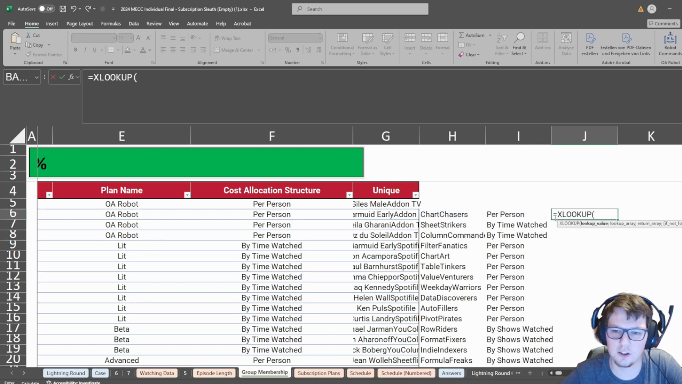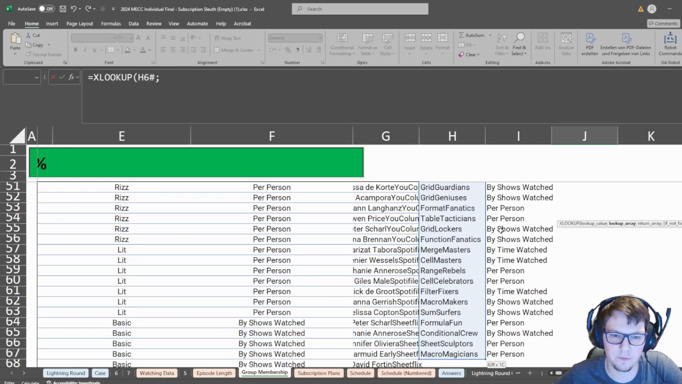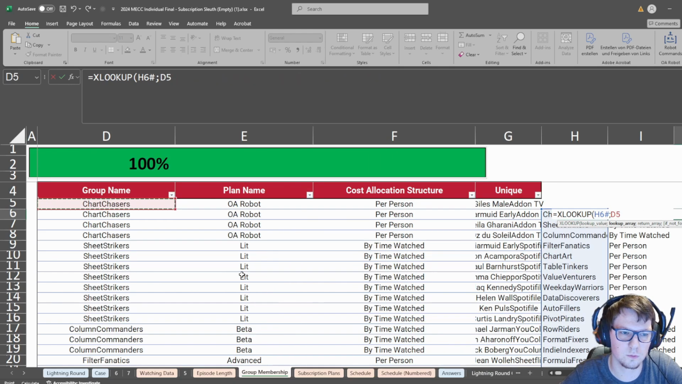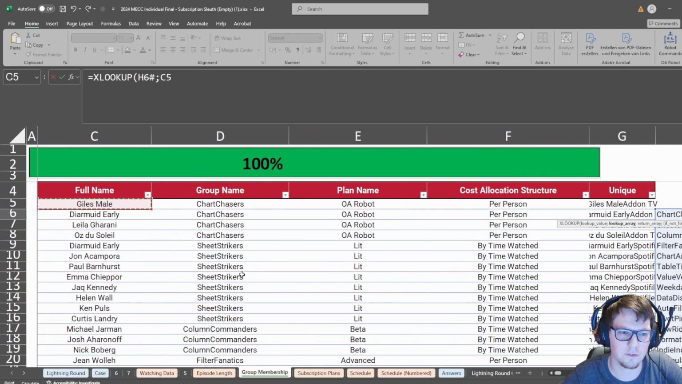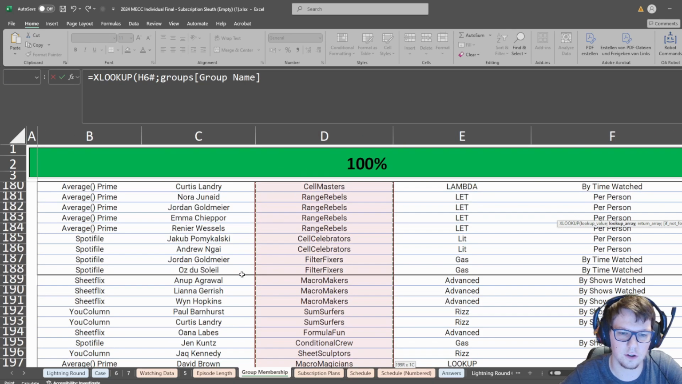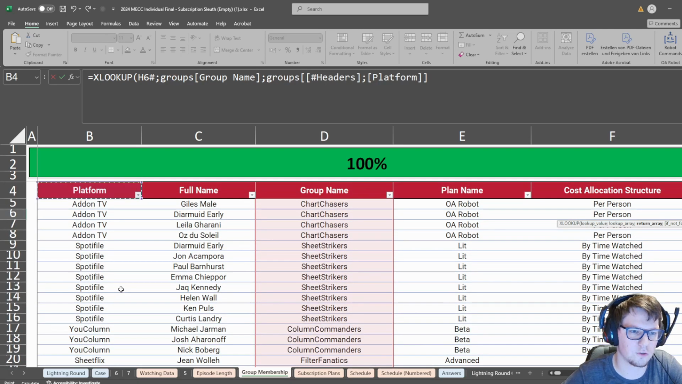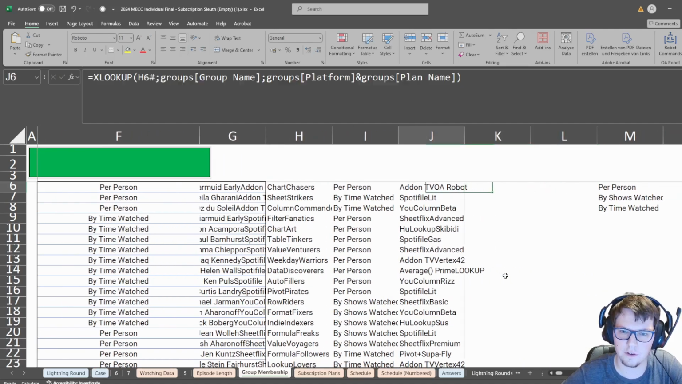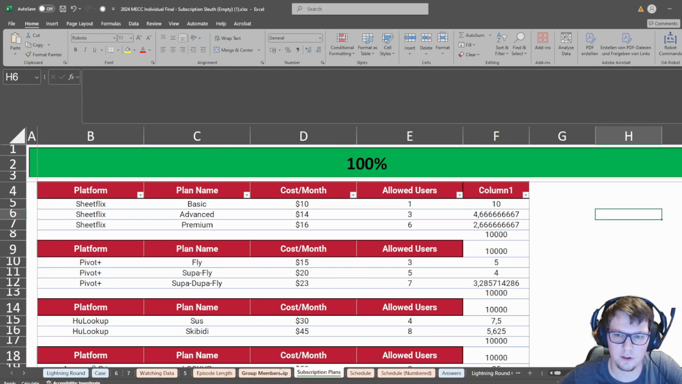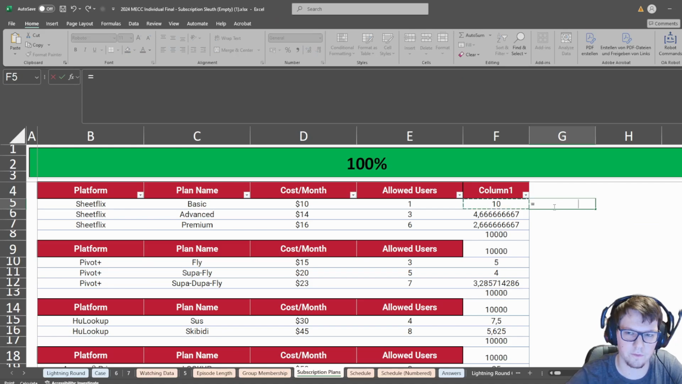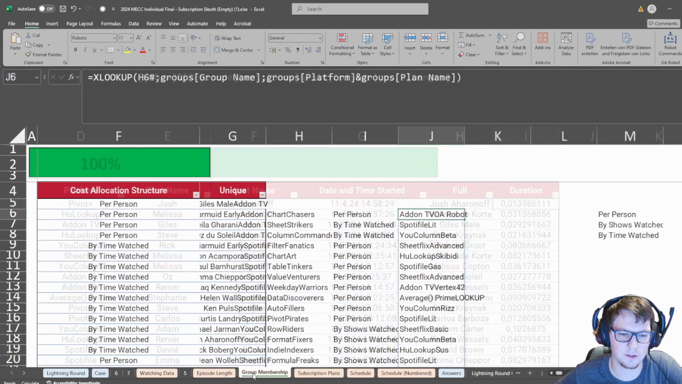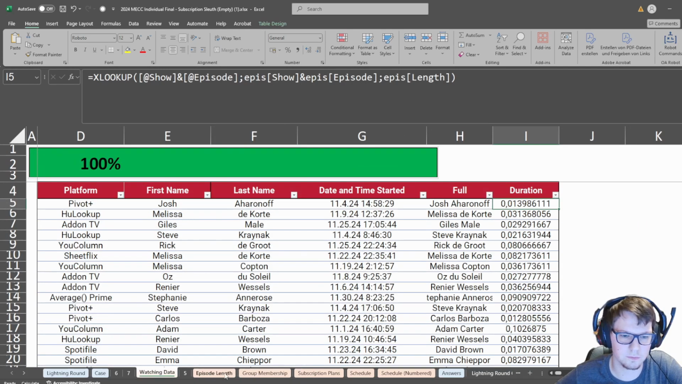The thing is, what is the allowed user limit? How can we get this the easiest way? I think we can take this group name, turn from platform and plan name. Have I done this somewhere here? No. But I will combine this right here and